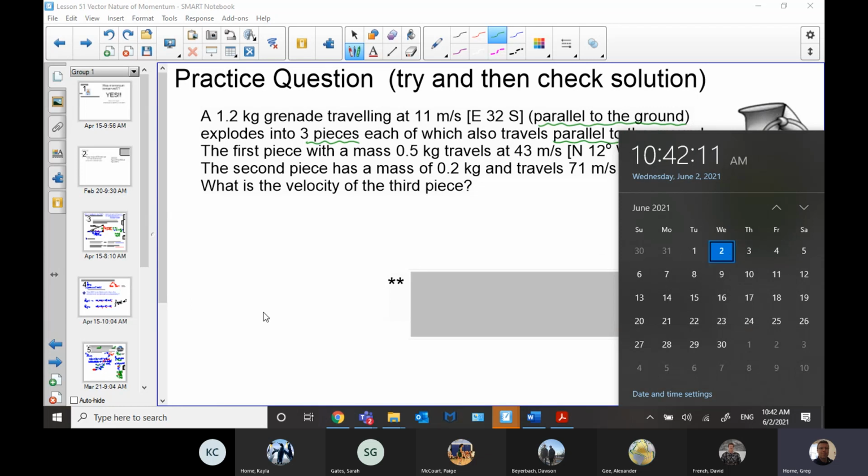What I also have, and I've forgotten to send out, is the catch-up question on uniform acceleration, not uniform motion, but uniform acceleration. There's a catch-up question that I have ready to go, so I'm going to be sending that out as an assignment. Let's make that one due by the end of Friday, and then the grenade question the end of Monday. So I'll be emailing those out soon. A catch-up question due the end of Friday, and a grenade conservation of momentum 2-dimensional question due end of Monday. So it gives you some time to work things out.